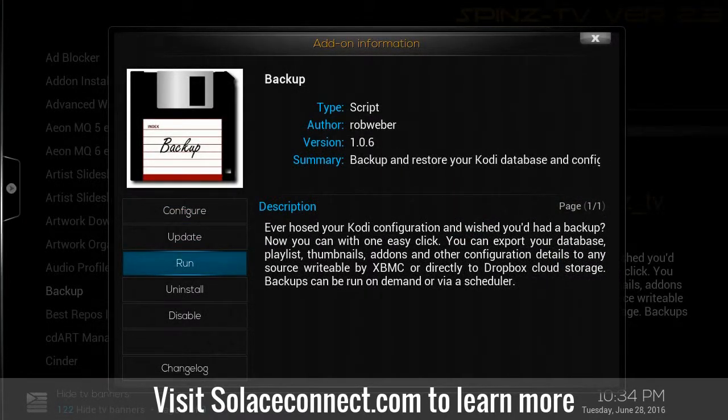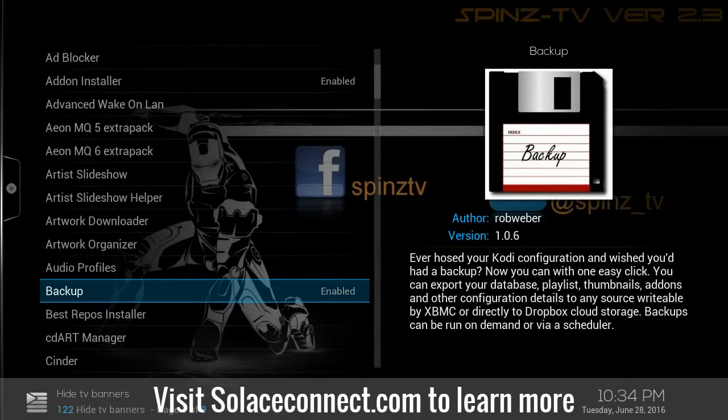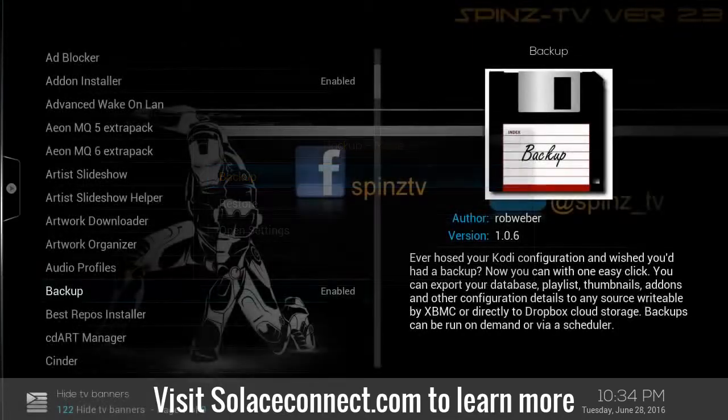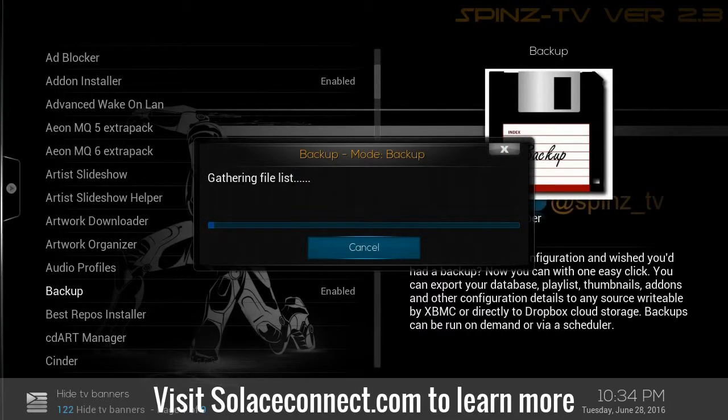Once you're done with that, you would just click Run. When you click Run, it'll give you an option to back up, restore, and once again open your settings so you can configure it. My settings are already configured, so what we want to do is a backup. Choose Backup, and when you choose Backup, it will back up the Kodi application and store the backup file in that SD card location that I had chosen for storing my backups. So we'll let this run. Once it's done,